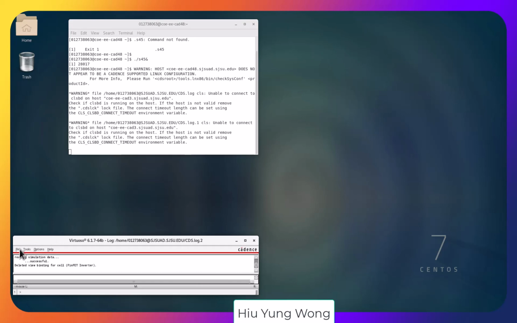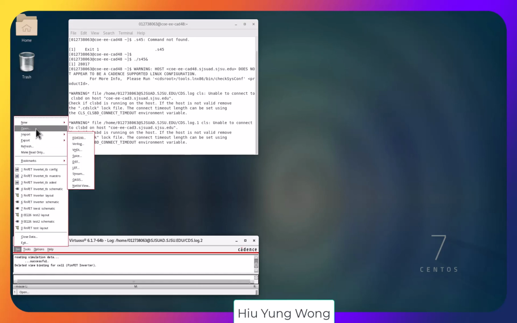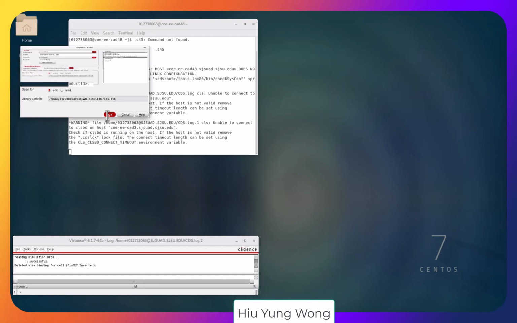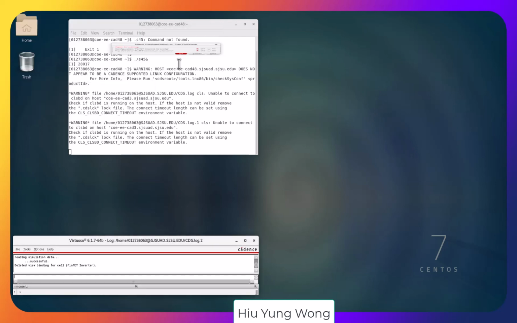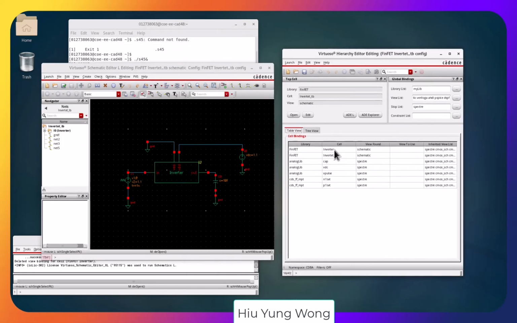Okay, there was a glitch, so I will open the file again. First, I go to open, and I know it is test inverter underscore TB, right? So I'm going to open the config, which I set up already. Say okay. Now from here, I will try to run it. It opened this for me, right? So I launch